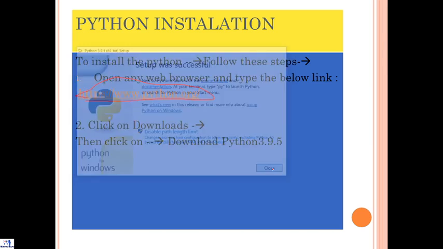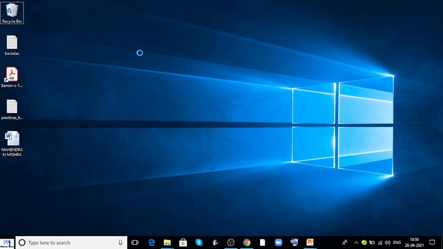Now you need to close the setup. Now Python is installed in your machine.